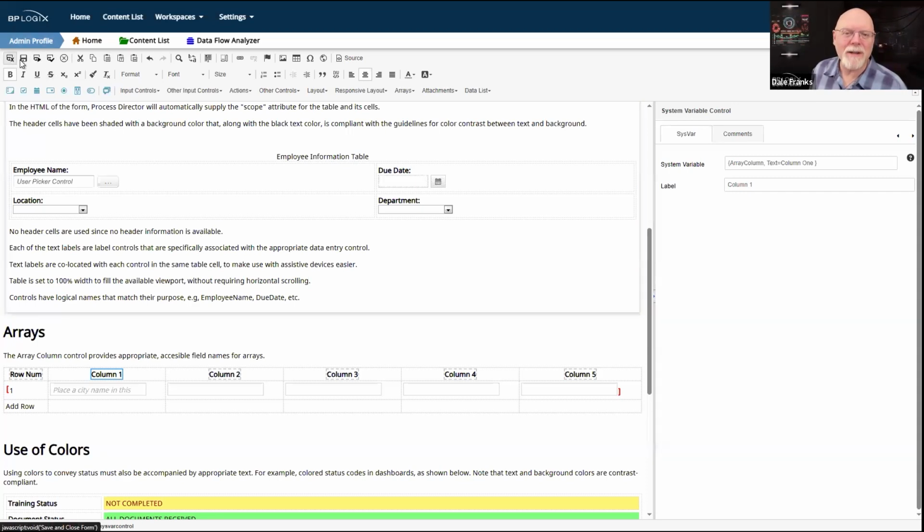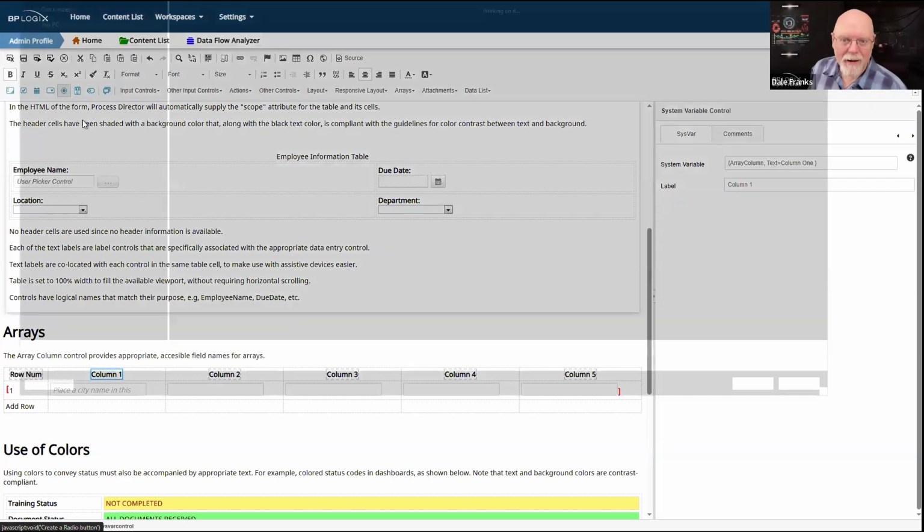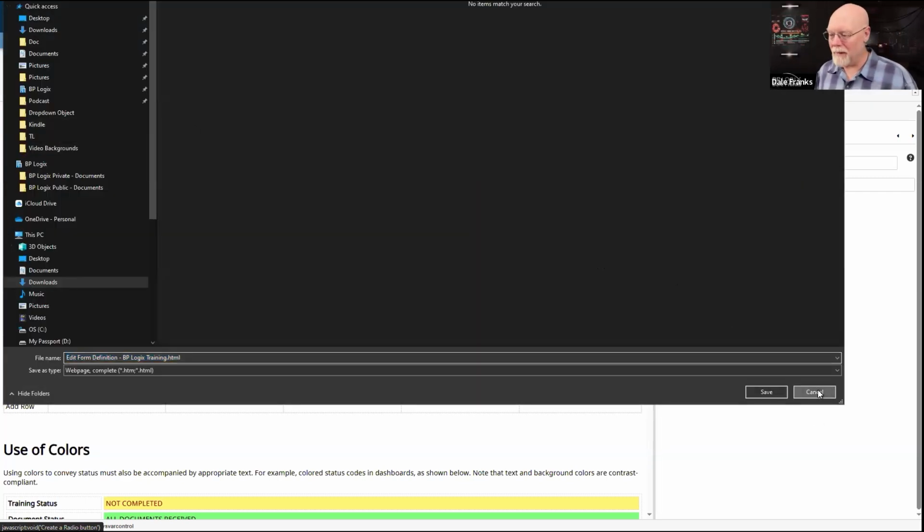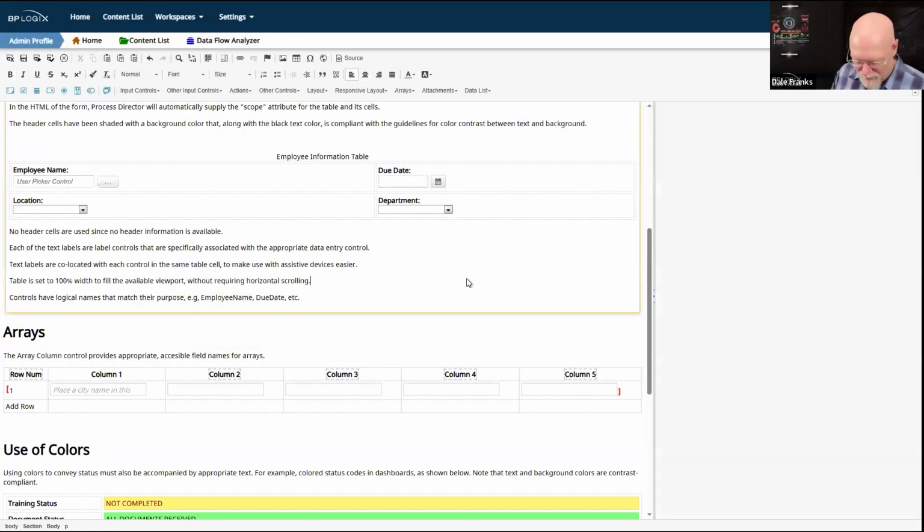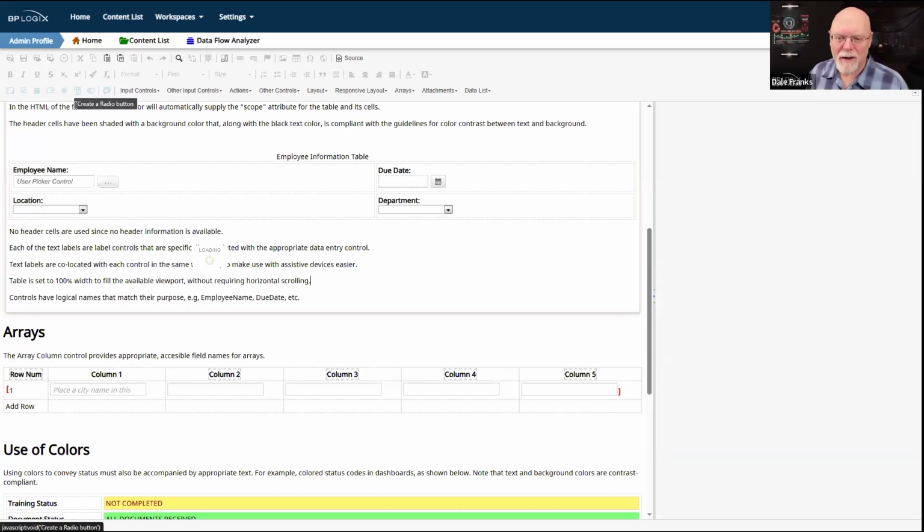Okay, I'm just having UI problems. Well, that certainly is not what I wanted to do. Okay, well, that saves it. I'm not sure why my save and run form isn't working, so I'm going to have to close back out of this and just run it from the content list. And if I do, that'll be fine. But let me be sure that the little spinny stops spinning here. Is it 11 o'clock already?